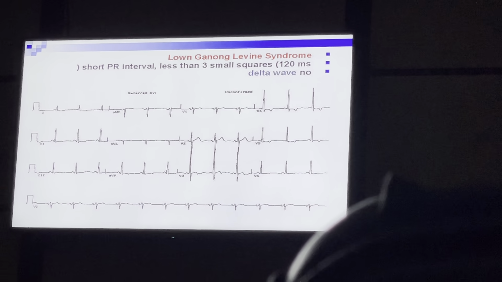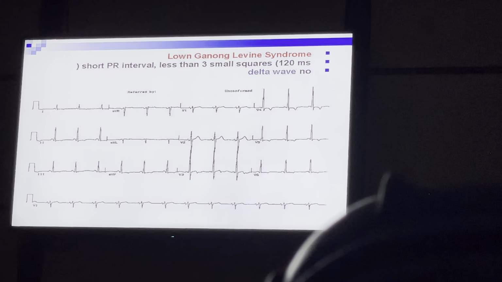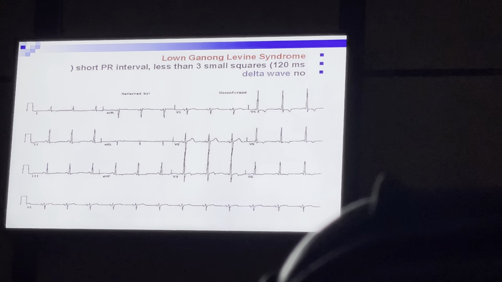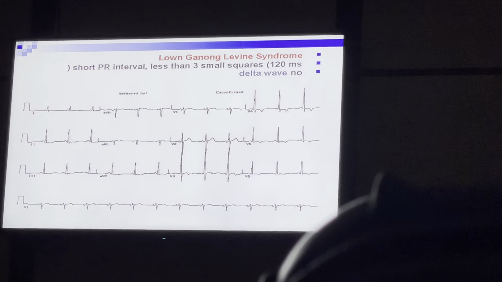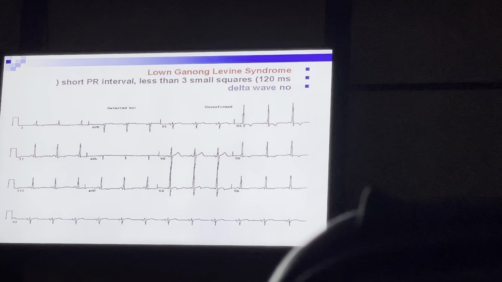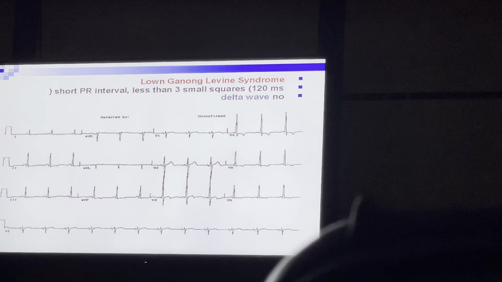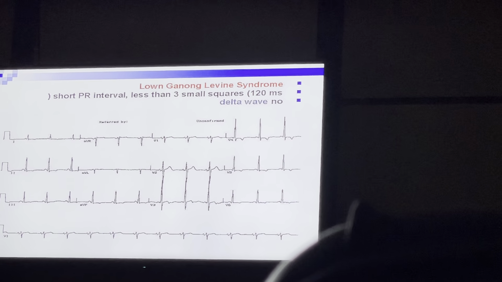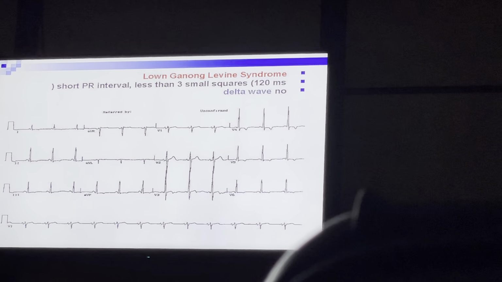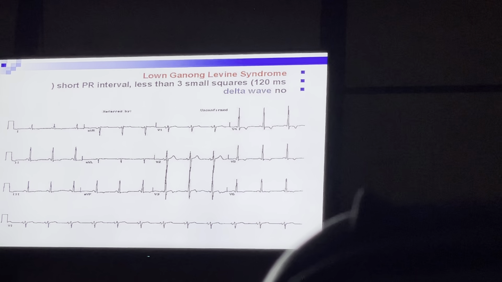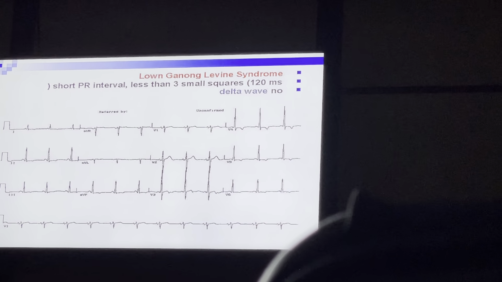But if the PR is short in a patient of more than 40 years age, it will not be due to the oversympathetic activity. Most of the time it is due to some pathology. But you can see short PR interval at the age of 15, 18 or 20 years. You most of the time see ECGs in the emergency where the PR interval is short, otherwise patient has got no tachycardia. So it may be the normal value.